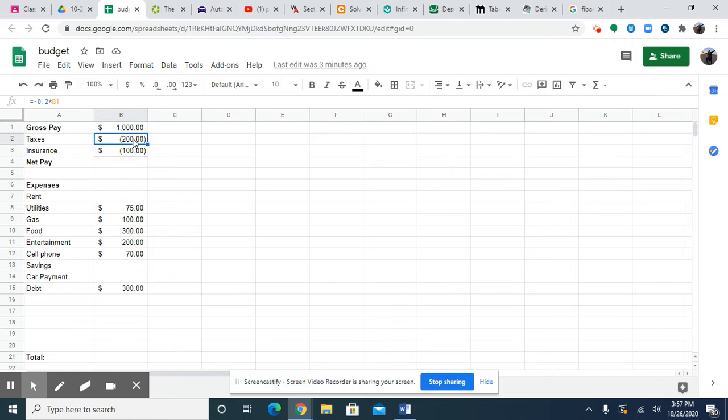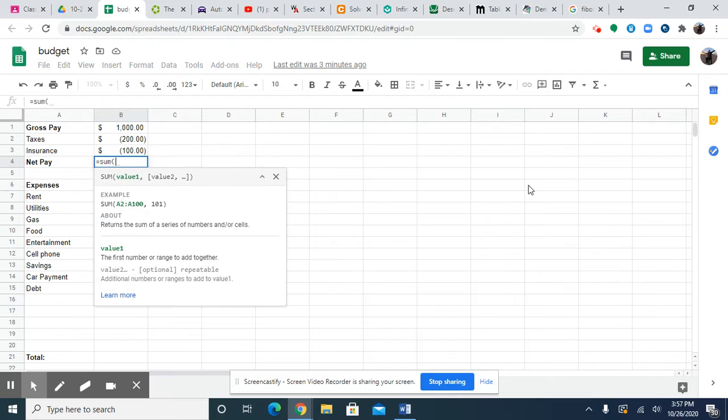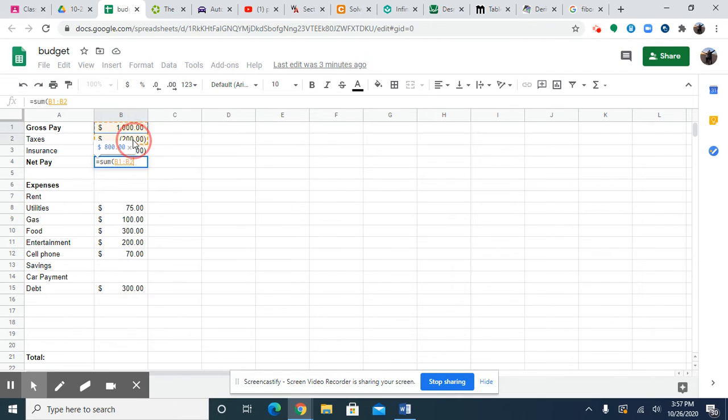Taxes are about 20%, so it ends up coming out to $200. And we're then going to do health insurance, which ends up being about $100. So to find out our net pay, we're going to put equals sum, parentheses. We're going to highlight everything on the top of it and press enter. So our gross pay is 1,000, and after we subtract our taxes and our insurance, we are left with $700, and that's what we're going to use to pay